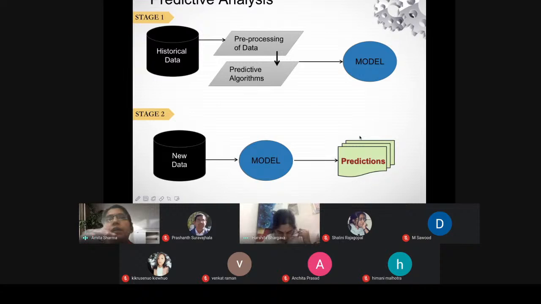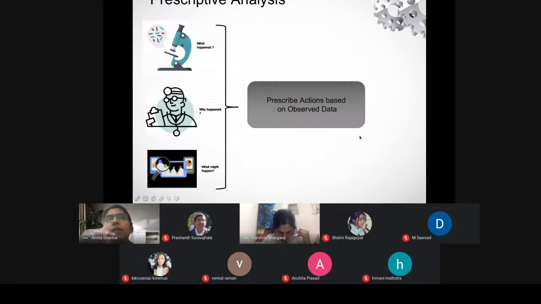Now in case of prescriptive analysis, next slide, we have several kinds of data. Like we have data which we derive from the descriptive analysis. We have data which we gathered from diagnostic analytics. Also, we have data from prediction.